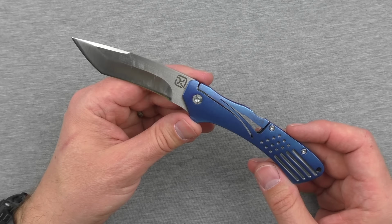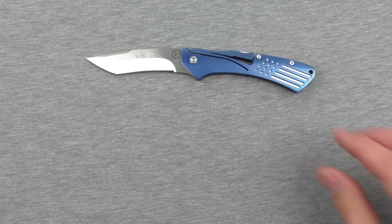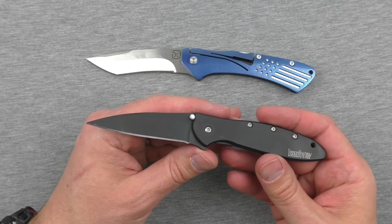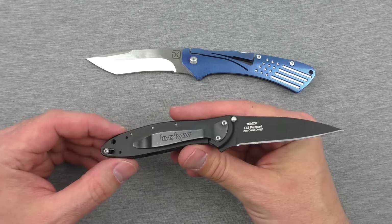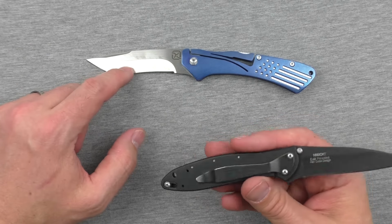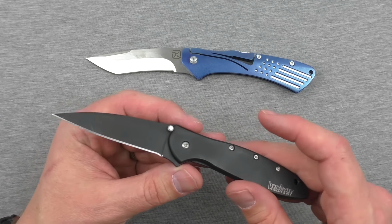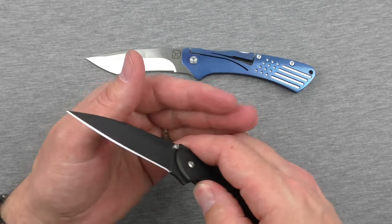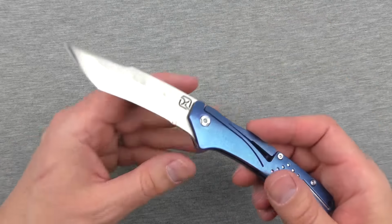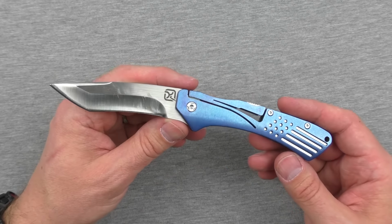The steel on it, 12C27. I wanted to say 14C28N, which is what you get on this knife from Kershaw. Also USA made. 14C28N, in my opinion, is a little bit better. I think it's designed to be sort of an evolution of 12C27, if I'm not mistaken. So 14C28N, in my experience, is a fantastic steel. I've loved using it on the Leek and a handful of other great knives. So I would rather this probably had that one, but 12C27 is related, so it performs